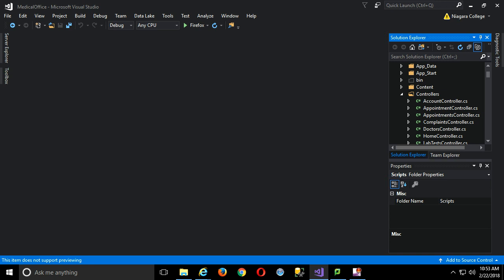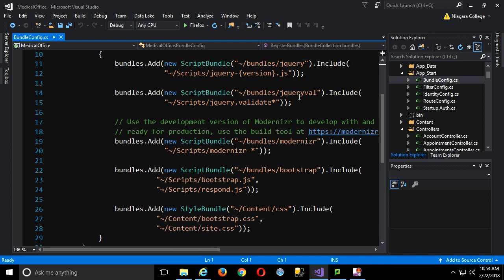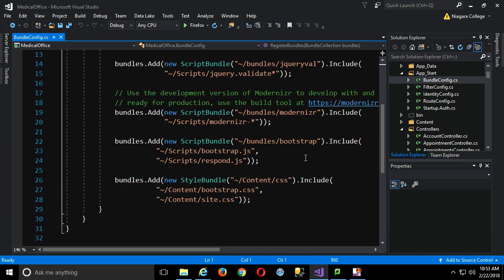So then all we have to do to use it is two things, right? We have to bundle that little script. We could do that, right, if you have a lot of date pickers you need throughout your whole application, then you might want to come into App Start and Bundles, okay? And you could just bundle it right in here with the other JavaScript and so on, right? We have to put some in here anyway, just for the built-in stuff that we added from the NuGet package, okay? So I'll add